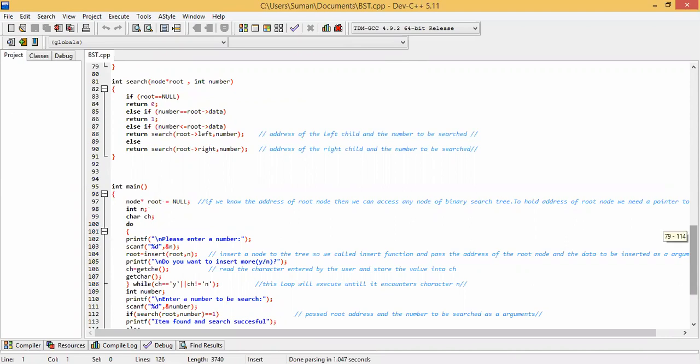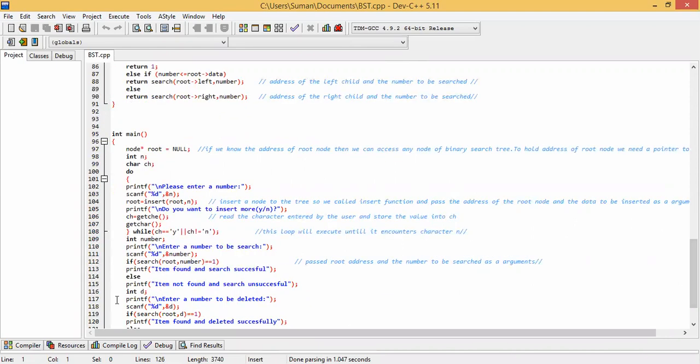For doing this, first in the main function you see we created a value int d, and the number which we want to delete is taken as user input. d is the particular number which we want to delete, and we take this number using the printf and scanf methods, that is, we are taking the value from the user.